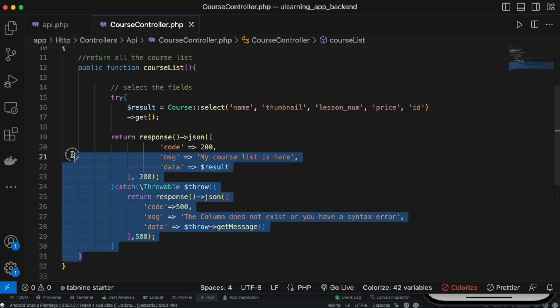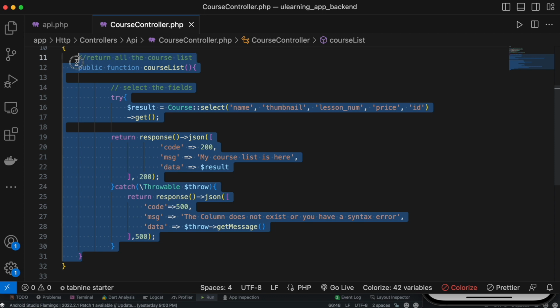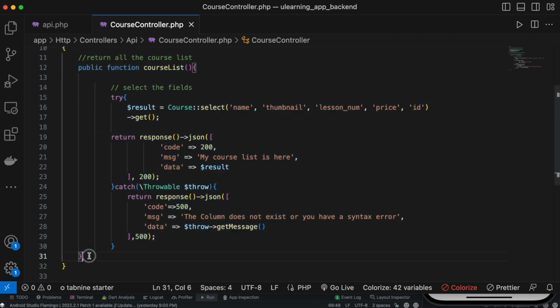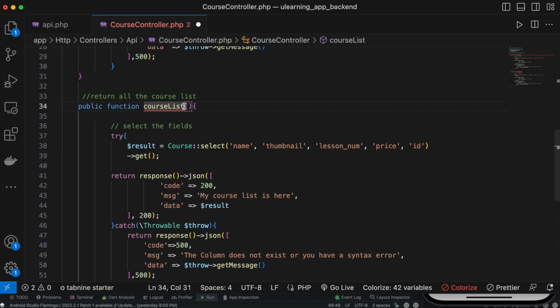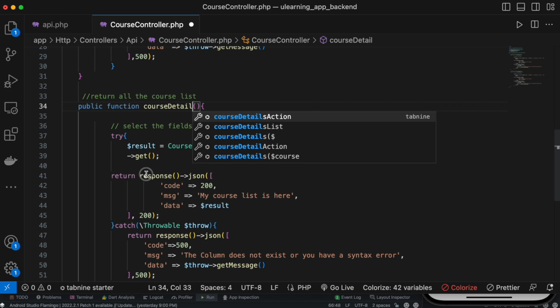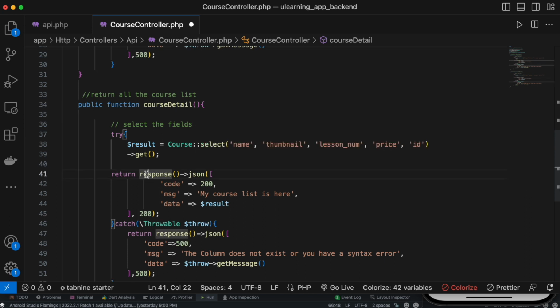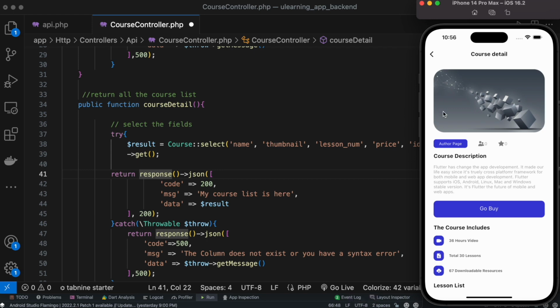Now one of the first things we could do, go ahead and copy this, and we can put it right below it, and instead of course list we're going to call it course detail. All right, and as usual we'll have this select method, course model. Everything should stay there. Now, one of the things that we want over here is that as we'd be clicking on this,